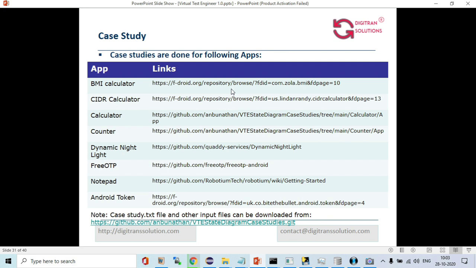You can build the application with debug.keystore, then use that application to generate test cases and scripts also. These are all the locations of the source code. You can take the source code from this place. This repository we know already.